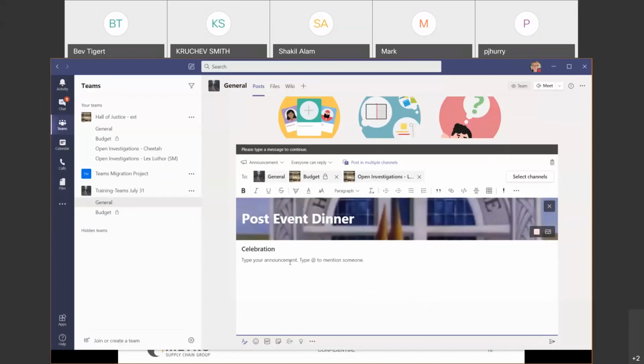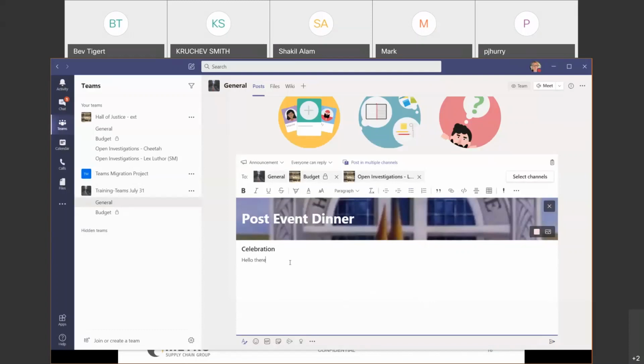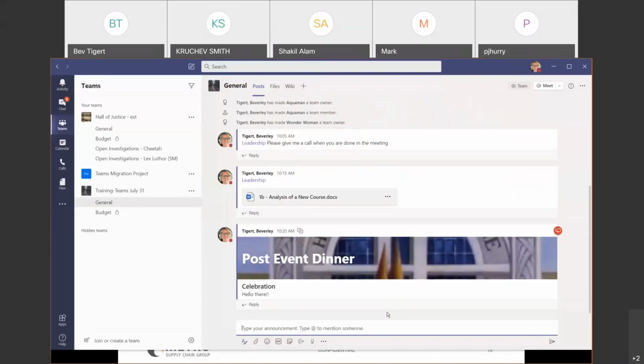I'll have to type mine now. You just can't send an attachment with a subheading. You actually have to do some writing in there. Okay, and that's what it would look like. And again, all of these still apply.